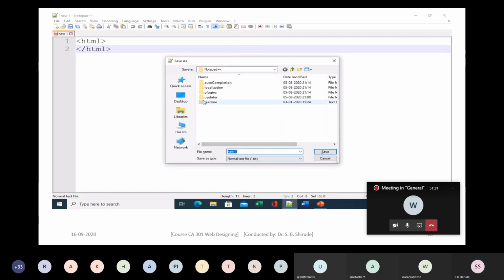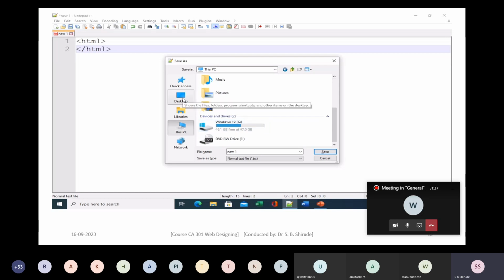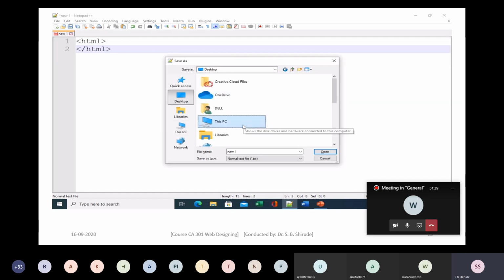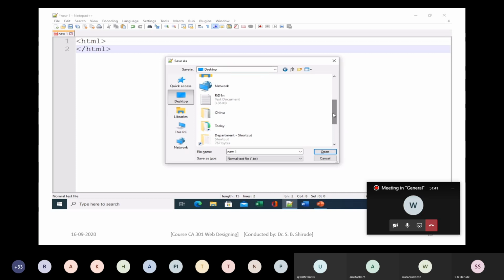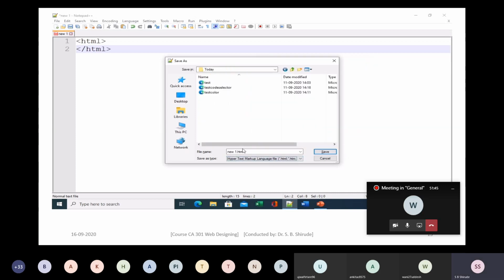So see here, I am going to implement descendants, multiple selectors and siblings. Watch carefully so that you will get the difference between these different selectors. Save the file in the usual folder, and I will give the name test code selector 1.html.